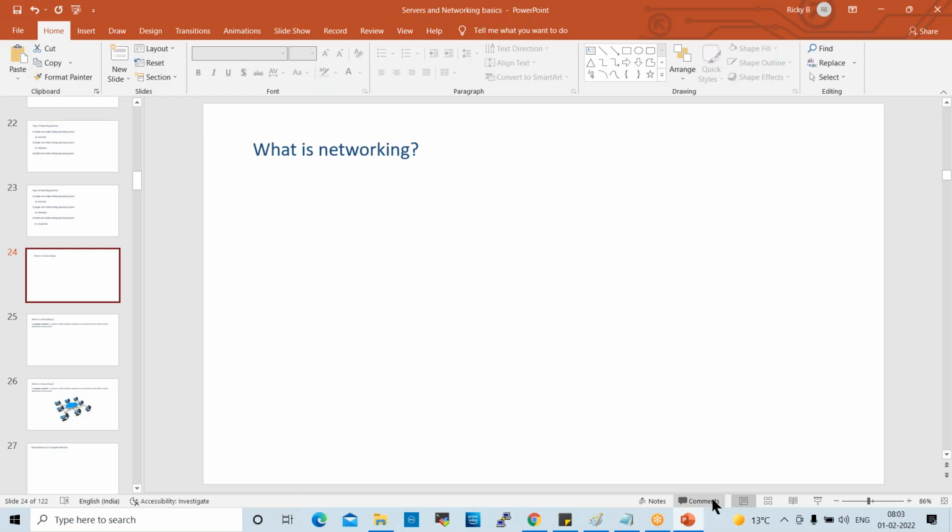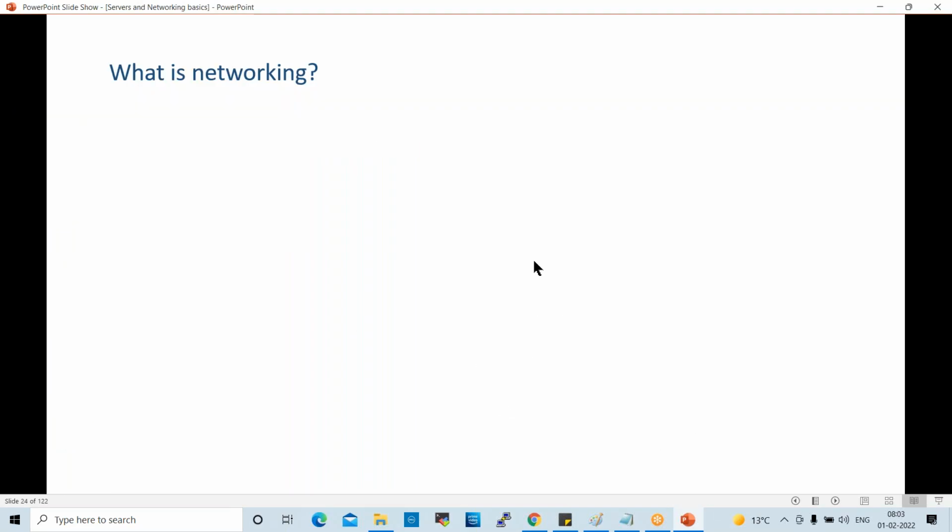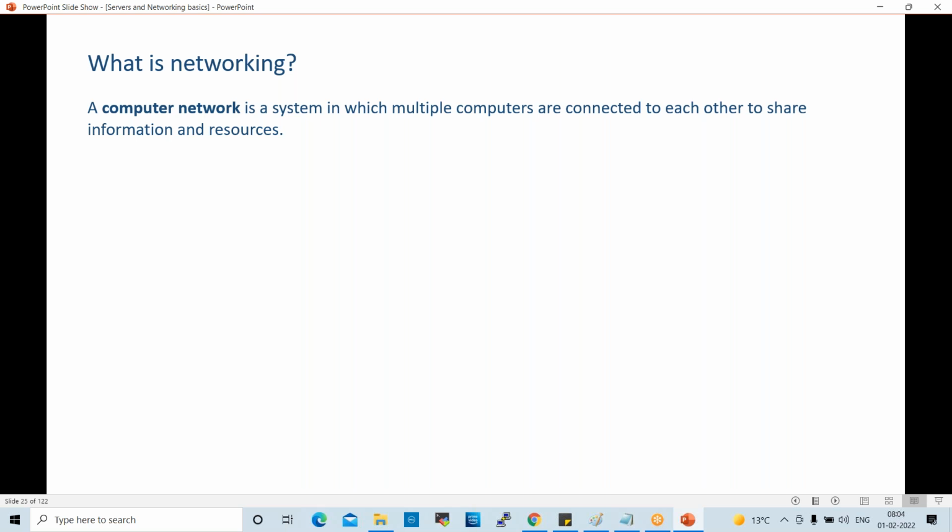So networking. We can discuss networking today. Fine. So what is networking? What is a network? Anyone? Interconnectivity, right? To share the data, to share the resources, right? So a computer network is a system in which multiple computers are connected to each other to share information and resources,